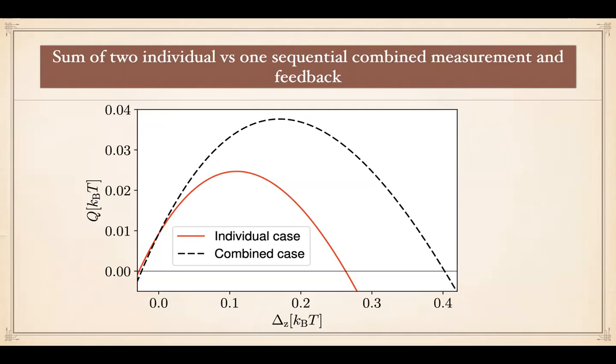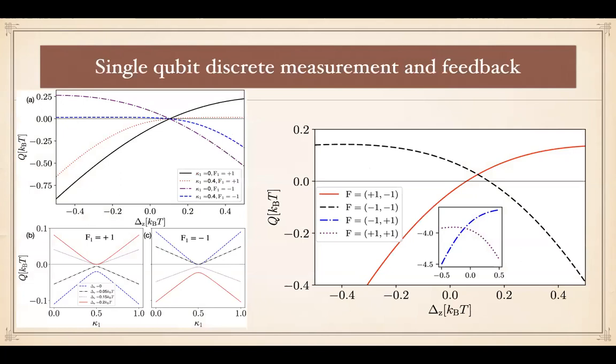Now, the main result of this paper, I would say, is to see what the individual case is plus the combined case. Individual would be two parallel setups, just summed over them. Combined would be simultaneous measurement of the two qubits. And you see, as a function of delta G, there's a clear regime where you get better cooling or better heat extraction with combined measurement or sequential measurement. So this region here is the collective effect compared to what you would obtain with just two single measurements.